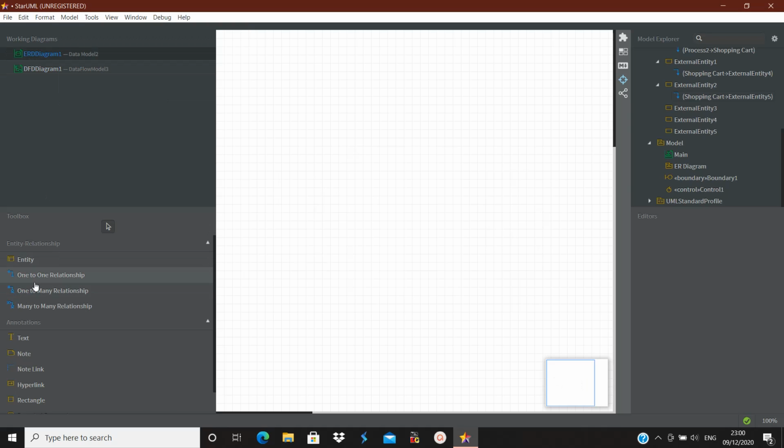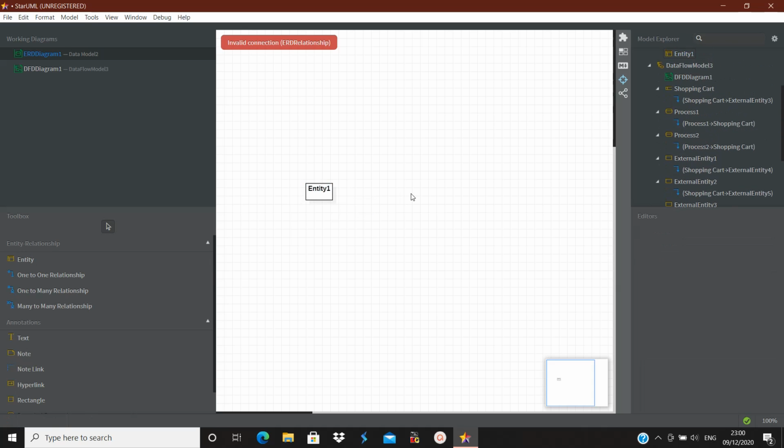Just see in the ER diagram, there are three types: one to one relationship, one to many relationship, and many to many relationship. In one to one relationship, one instance of an entity is associated